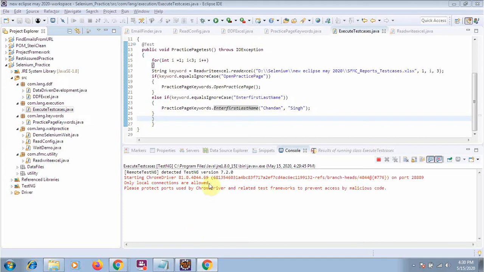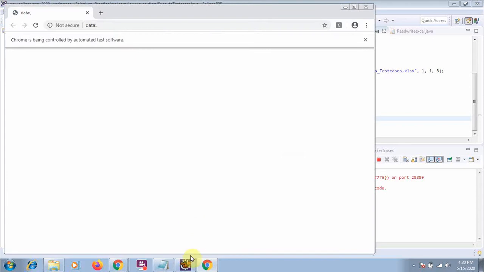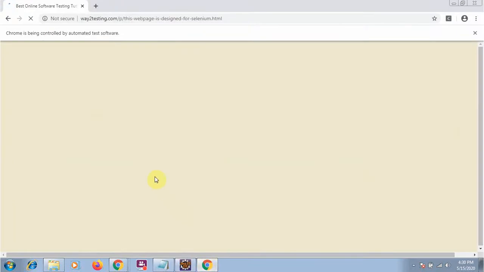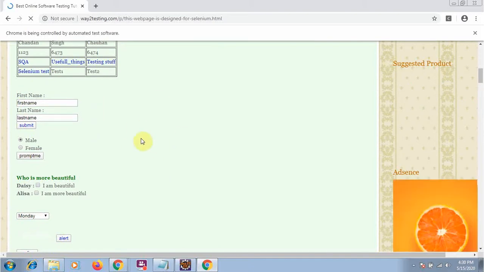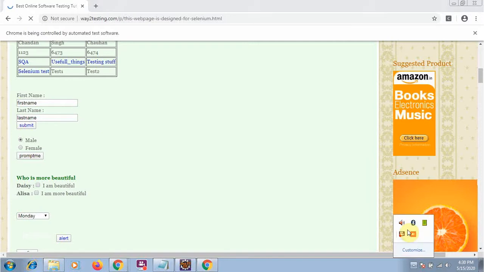A framework means you are using each and everything, whether it is related to data driven, keyword driven, or TestNG listeners or something. All things will be combined in your framework. Whatever framework I will describe to you will be in the further classes, in the future classes. So it's all about your keyword driven framework. Now if we have time we will discuss one more thing.